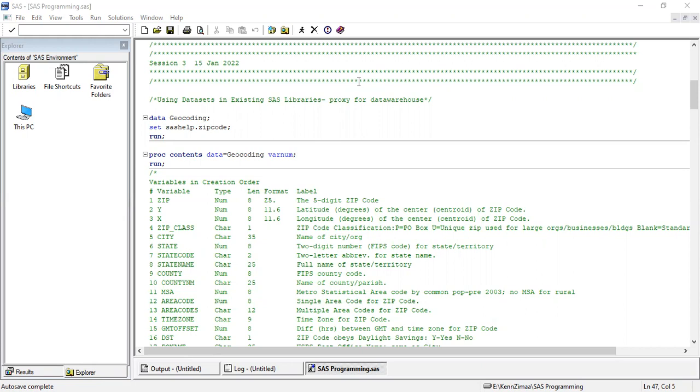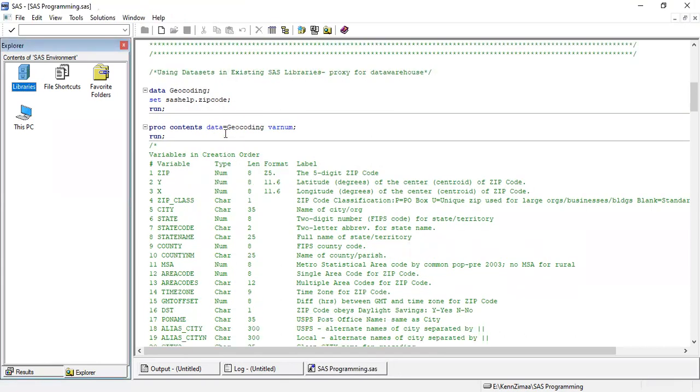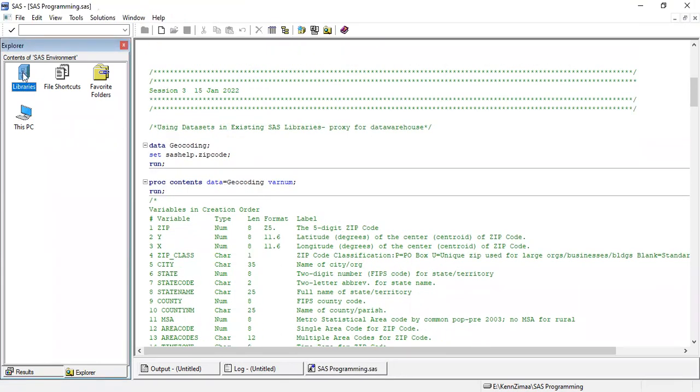To start with, I am taking an existing data set which is in my SAS help library. You can treat this as a proxy for the data warehouse. SAS gives us some pre-existing data sets and I'm using the same.